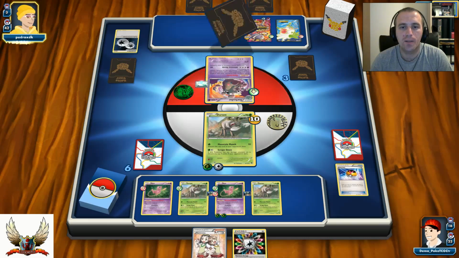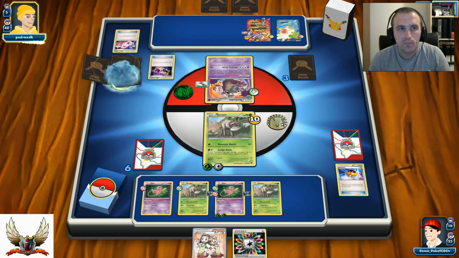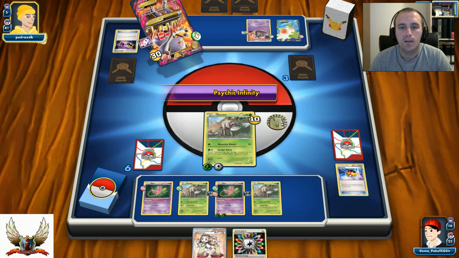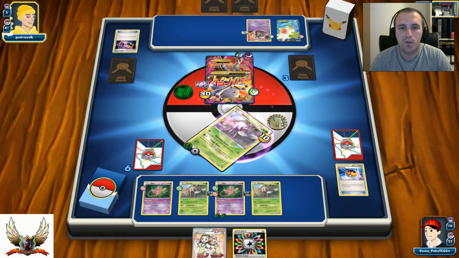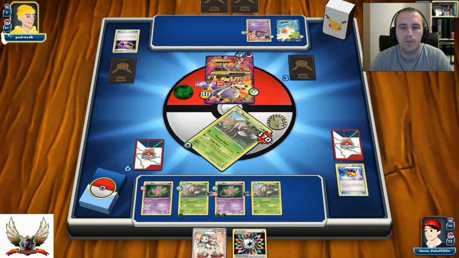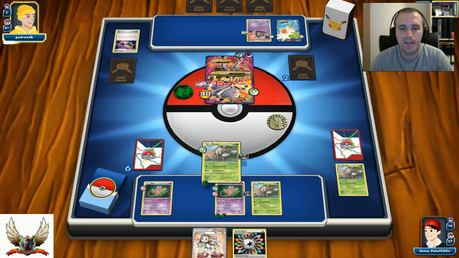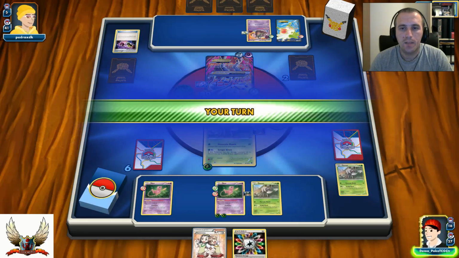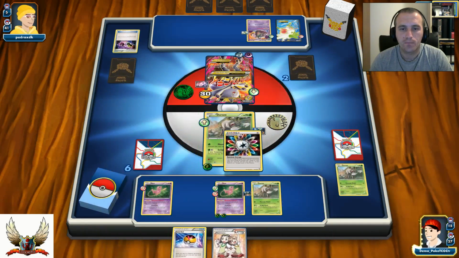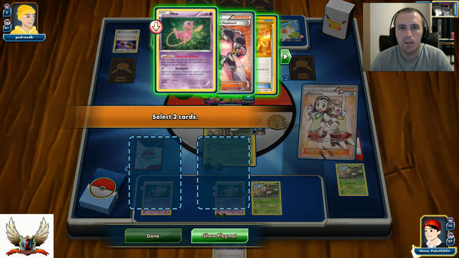There's a Float Stone, which means that he can knock out my Durant. And he's down to 5 cards, 3 prizes to take. Luckily, I have that XP Share, which will help me to promote that Grass Energy onto my Durant on the bench. And I have Rainbow Energy, and of course, that Teammate sitting in my hand, so I can take any 2 cards that I want. Any 2 cards that I want, it's definitely gonna be